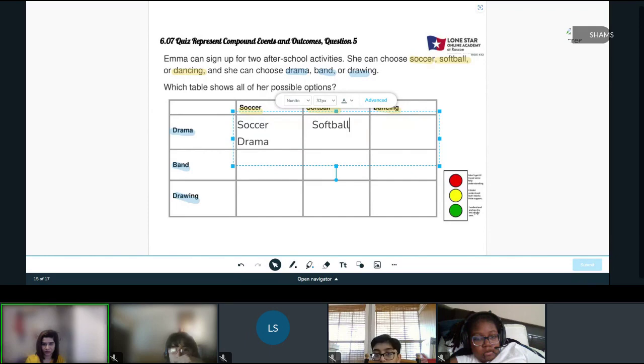Oh, wow. So we cannot go to second lines like this. We will fill out these, and then we can choose dancing. And for this, it should be drama, because on the left side, everybody's got drama. Their second option is going to be drama. So these are the first 3 options we can get. So Emma can choose soccer drama, softball drama, dancing drama. Let's see. If she's in the second row,